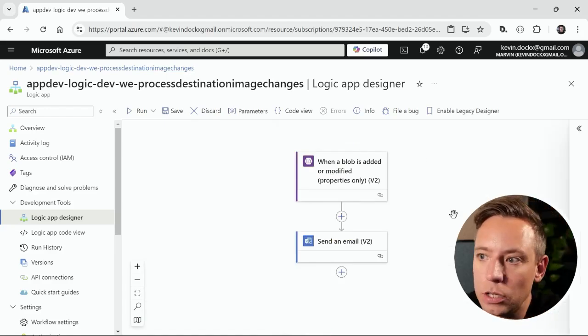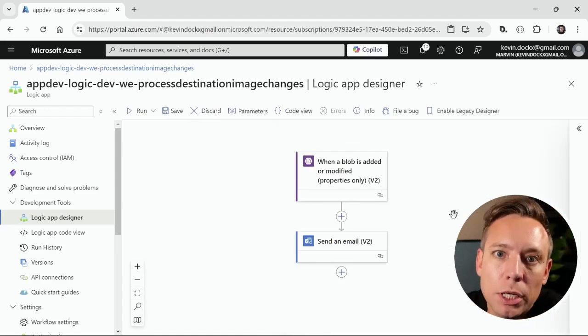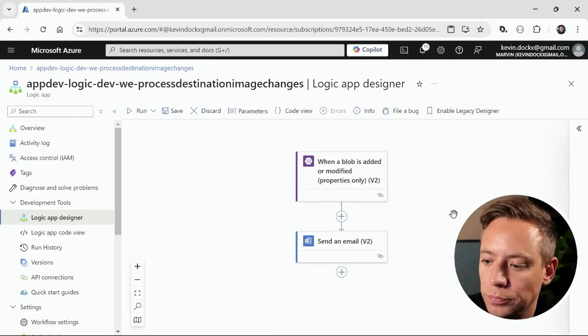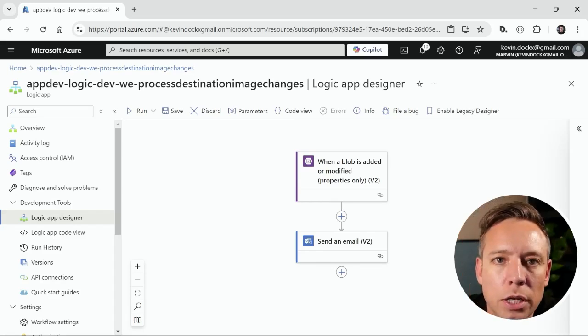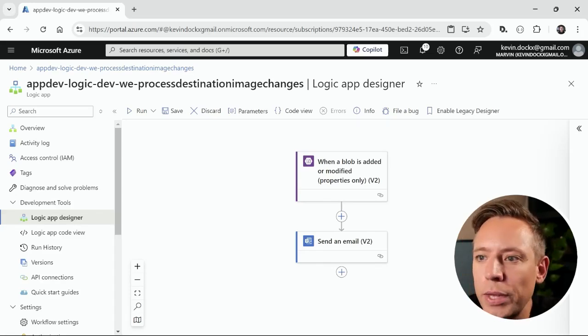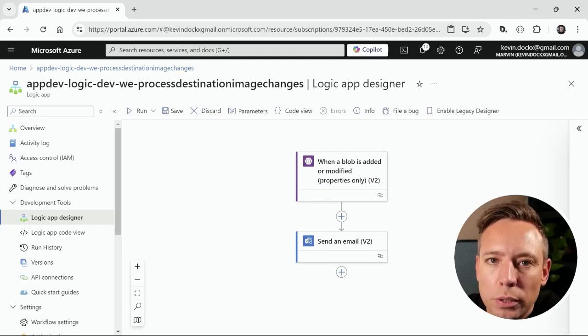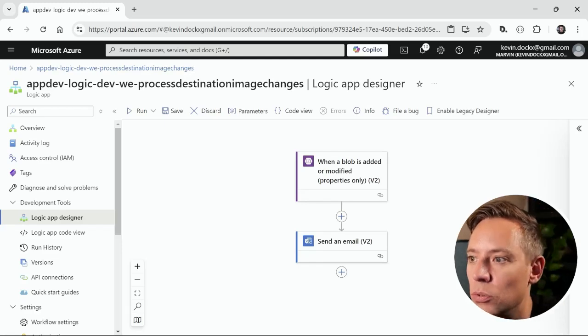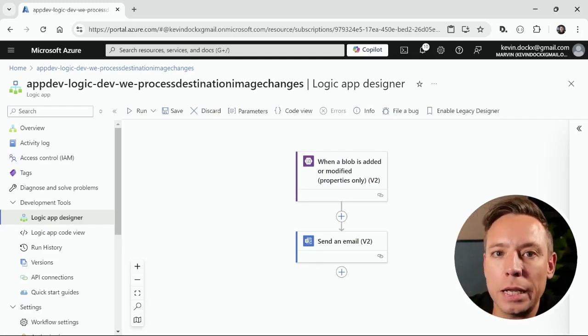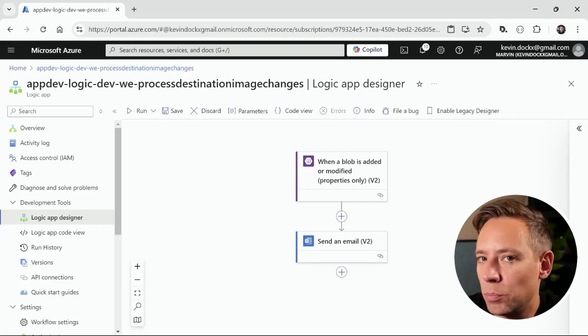I'm going to integrate with an Azure function to mimic generating the reports. Now I could go ahead and create yet another function for that, but we already have functions laying around from the previous demos. I'm simply going to reuse one. The importance of this demo is not what happens inside of the function I'm going to execute. It's about showing you how to integrate with a function from a logic app, as that is a pretty common